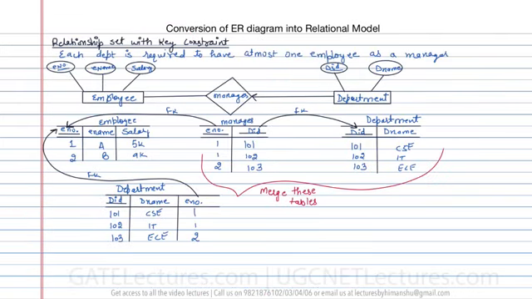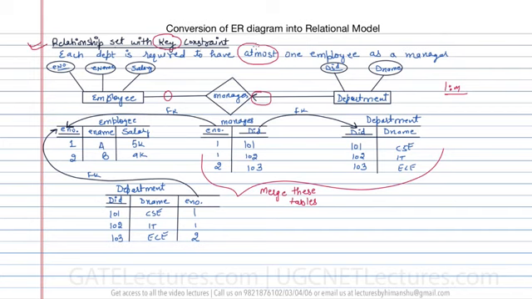Now let us check this out. Here they are saying how to convert a relationship set with a key constraint. You can see in this case this side is having the maximum cardinality as 1, and this side is having the maximum cardinality as many. So here you can say this is a one to many relationship. We have already done this kind of example before. Now each department is required to have at most one employee as a manager. So for this you can easily create the relationship sets, that means each department is having at most one employee. At most one employee means a maximum of one employee is required, right?